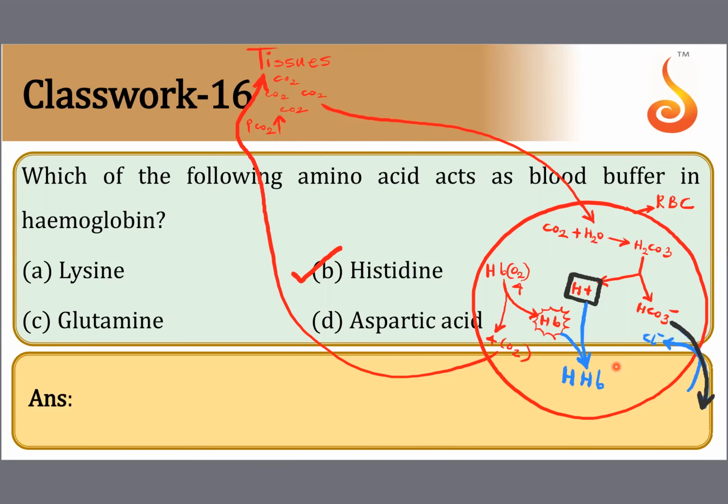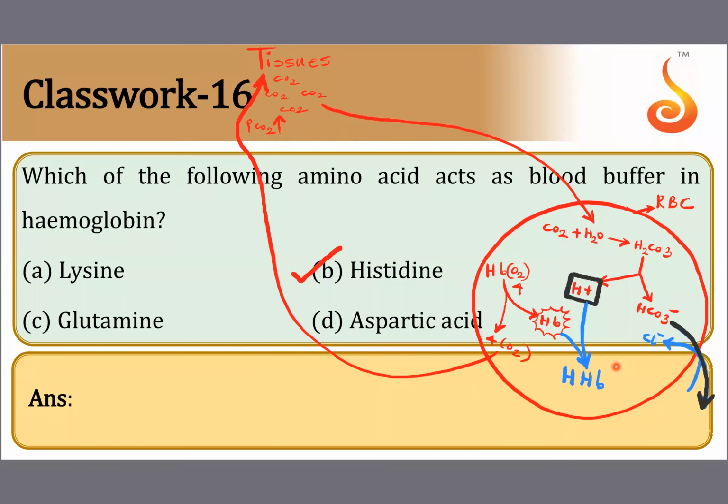So in doing so, what is hemoglobin doing? Hemoglobin has successfully counteracted any kind of change that could have happened in the pH of the RBC cytoplasm. So it resists the changes in the pH. That's why we call hemoglobin a blood buffer. This is operational at the tissues. At the tissues, because of the H plus ion, hemoglobin is saying goodbye to oxygen, and hemoglobin is going and binding to H plus, because hemoglobin does not want to let H plus stay free, as it knows that H plus can wreak havoc. It can change the pH of the RBC cytoplasm.